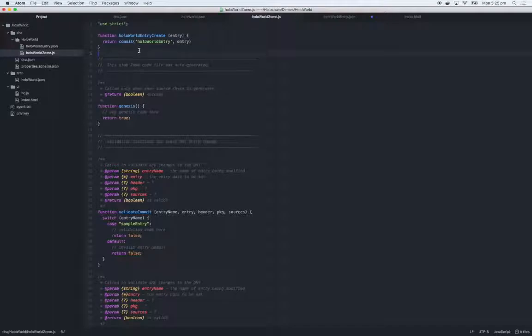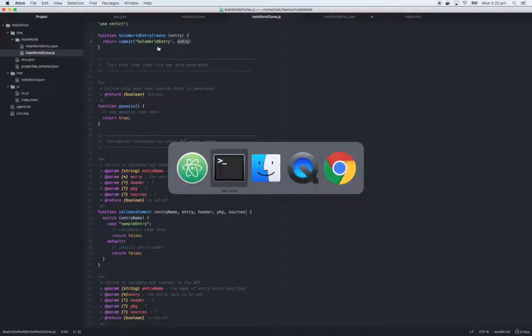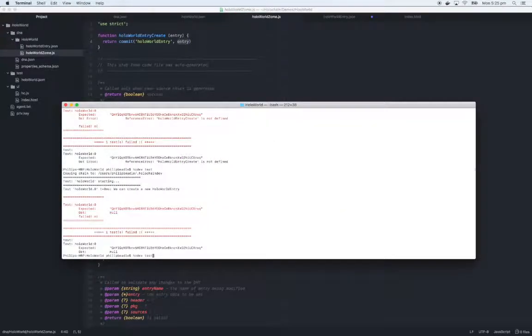And what we're going to do here is commit, which is a method on the Holochain API. We're going to tag our entry with HoloWorld entry. We're going to put that JSON file into Holochain, and this will return the hash for that last entry. So if we run that test now,